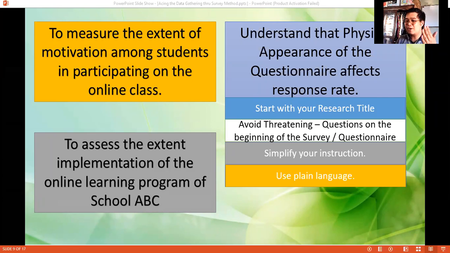Therefore, anong ginagawa ng mga researcher para ma-simplify? As much as possible, they are using numerically constructed or numerically responded survey o yung 4321 or yung 654321. Kung mapapansin nyo, bakit ako hindi gumagamit ng 5 o ng 7 and the like? Usually kasi, meron tayong tinatawag na middle effect. You know what I mean when we say middle effect? Ano yung middle number ng 5?